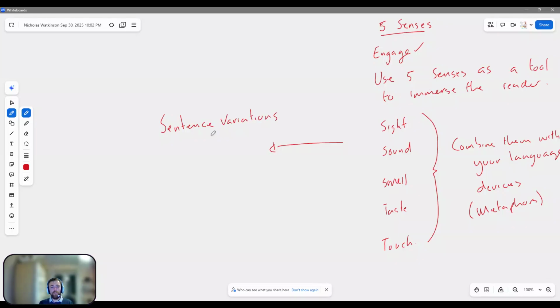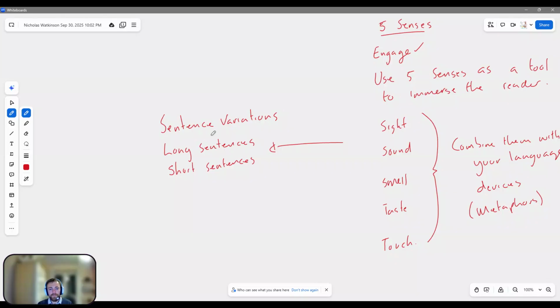So in this, what we need to make sure that we're doing is using long sentences for those drawn out, lengthy descriptions where you're trying to create maybe a sense of anxiety, doom and gloom, excitement, whatever it may be. And then short sentences for any of those moments where you want to increase the tempo, increase the pace, increase the way in which the reader digests the information,